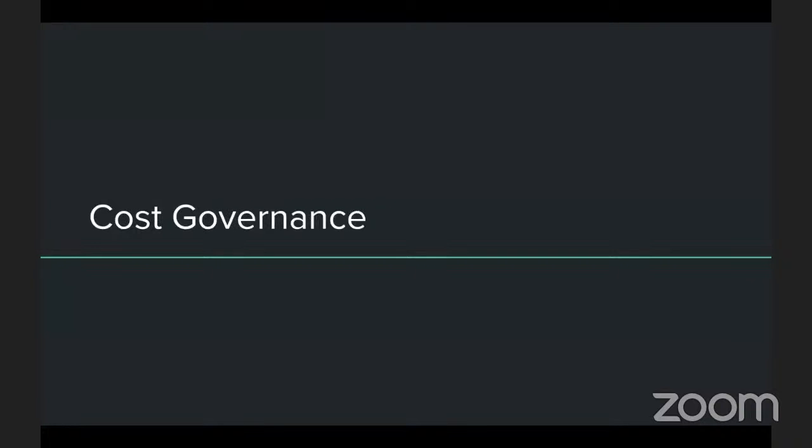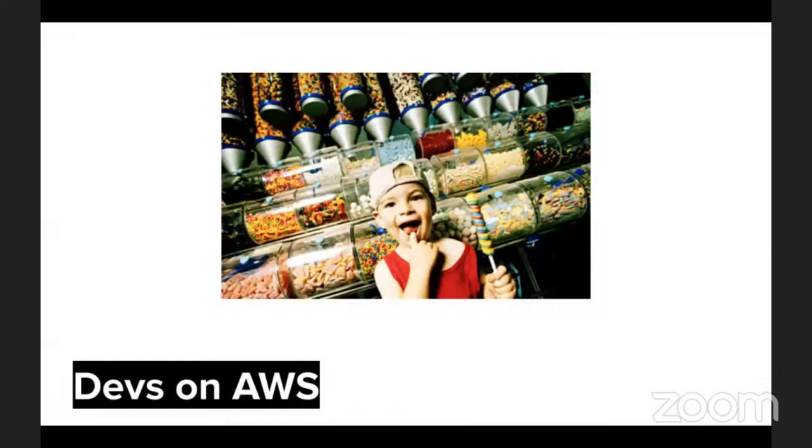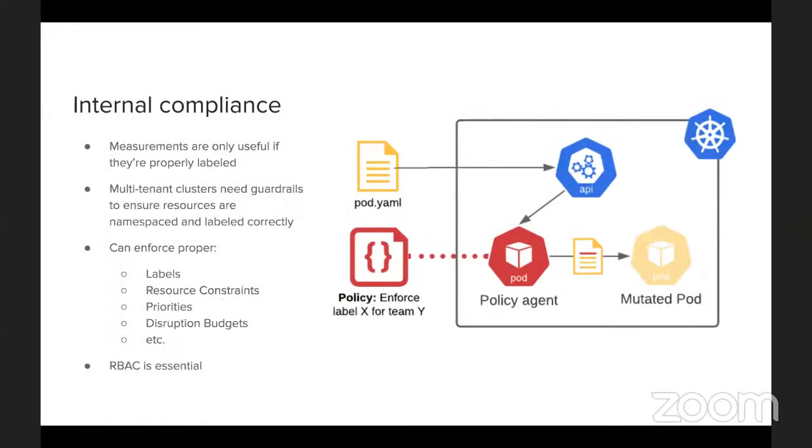So we've got visibility, we've got some basic optimizations in place, continuous governance, that's really the final stage. And as you can see, this is what your devs on AWS look like. How do you keep them in check? So internal compliance. Policy agents right now are something that I think are very, very cool. It's a way to enforce and automate